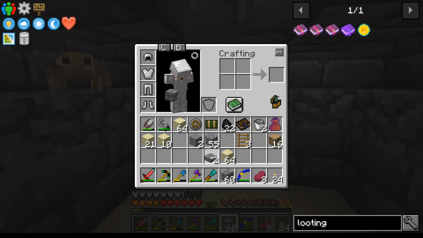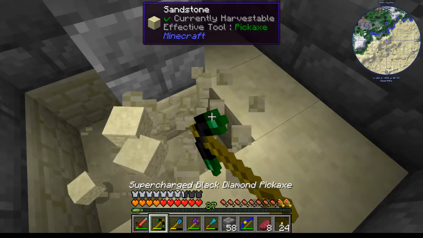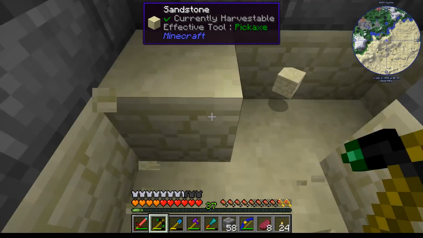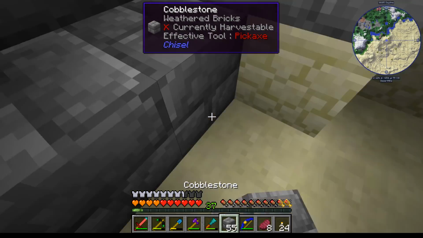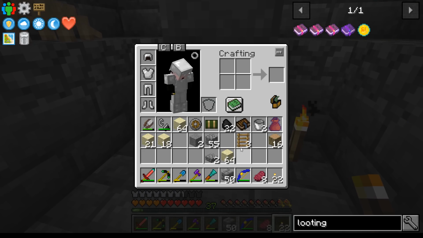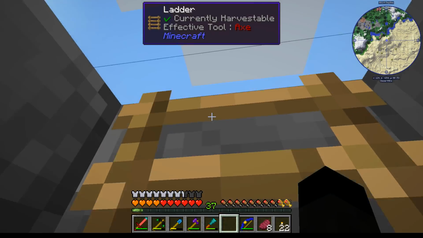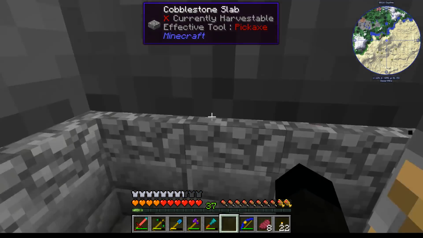And you will need a way in and out, so I will do this, and then because I'm being a completionist, not because of any other reason, I'm going to stick a nice floor on it and stick a torch here and here, and then some ladders go up. 1, 2, 3. So